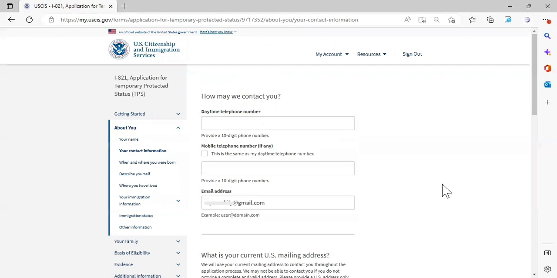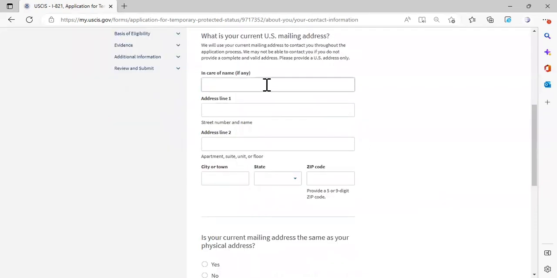The next page covers the applicant's contact information, including phone, email, and address. Note here that the applicant's email address is pre-populated into the form. This is the email associated with the MyUSCIS account. Now, as is normal in USCIS forms, the applicant has the option of providing a mailing address, which is different